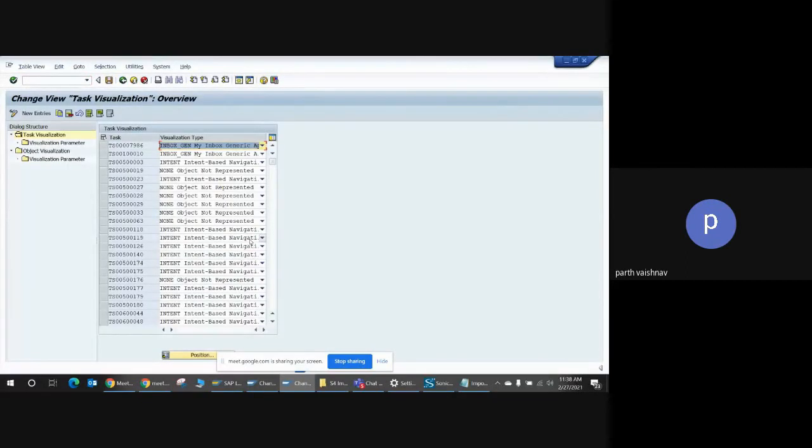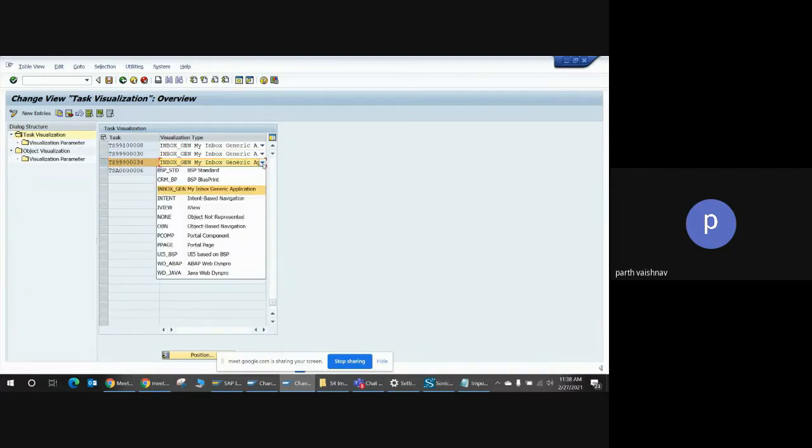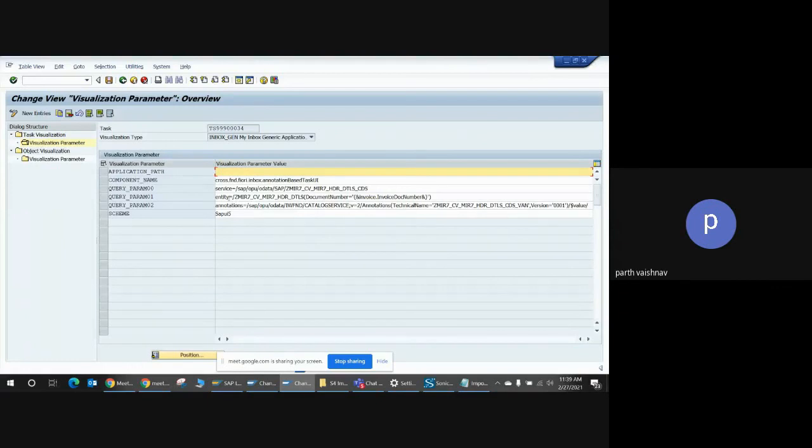The question you are asking, I thought that this question should have come, and very good that you asked. This is my task, right? Here, what we have assigned is my generic inbox application. And the visualization parameter is where the connection is done. This is the OData service created from that CDS view.